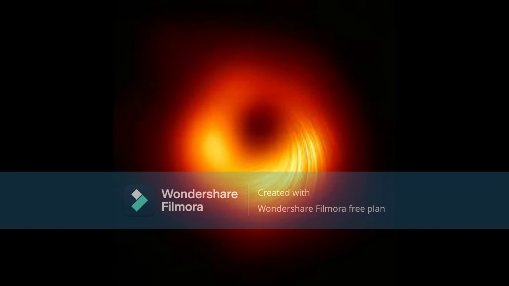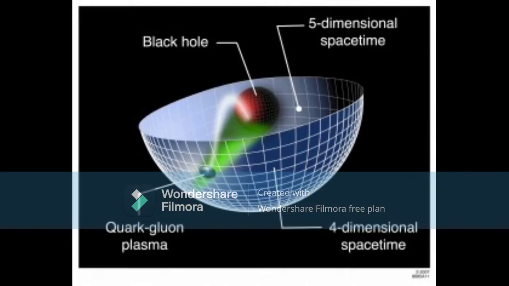Red giants have electron degeneracy pressure and neutron stars have neutron degeneracy pressure. Now, what does a neutron consist of? Quarks. So, a neutron can collapse only into quarks, called a quark star,